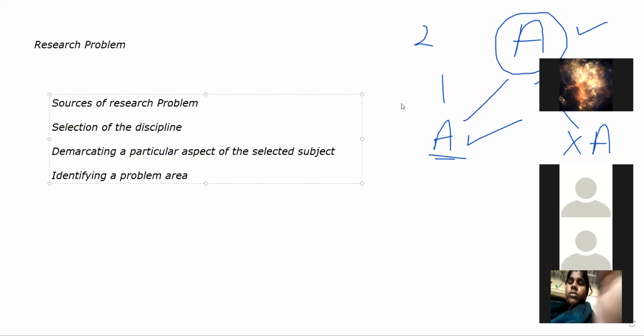ठीक है, आप एक साथ 4-5 अलग सब्जेक्ट्स में रिसर्च करने जाएंगे, none of them will be of good quality. Or else they'll be very draining for you, because imagine doing 2, 3, 4 different projects at the same time in different subjects. It will involve you knowing a lot about all of those broad subjects, requiring specific knowledge in all of them, and you dedicating that much time to all of them. So it will be very hard for a researcher to do that. That is why specificity is very important.